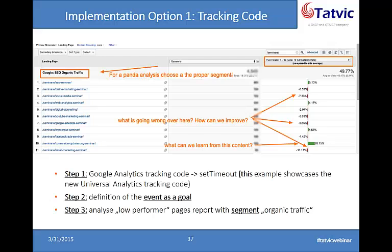At the same time, you see, for instance, the social media seminar or the Google AdWords seminar, which is below the average. And you could ask yourself, why is it not performing like the other seminars? Very concretely, this means for us, we got to go back to our trainers and say, we think your agenda is not right. Now coming back to the Panda point, if you do this properly, Panda is an algorithm